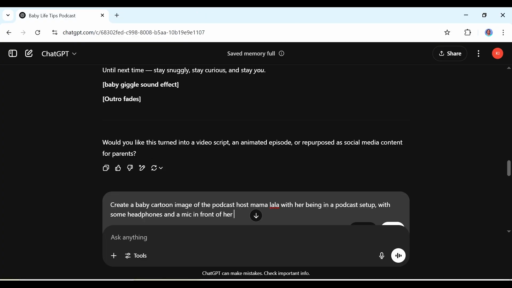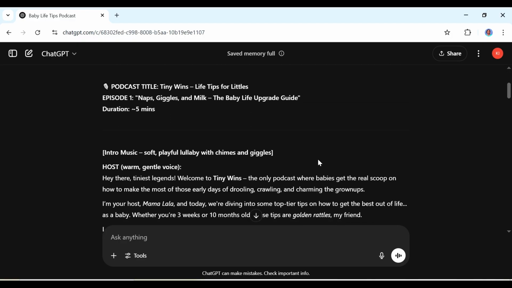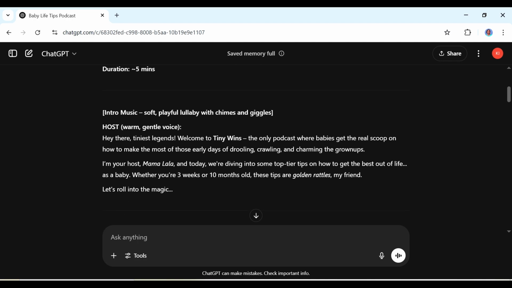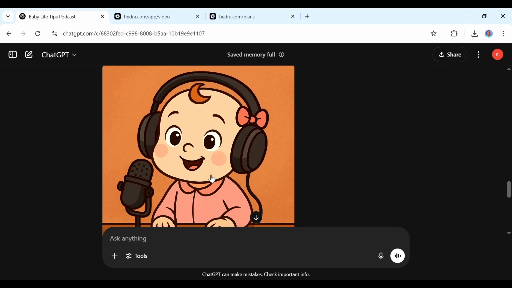So once it's done, we can go to our second step, which is creating the AI image of a baby avatar. So this is my prompt: create a baby cartoon image of the podcast host Mama Lala, with her being in a podcast setup with some headphones and a mic in front of her. Okay, so the host Mama Lala, I got that from what ChatGPT gave us. So you can see in the introduction here, it tells us that the host is Mama Lala. Yes, that is where I'm getting the host name from. So when I put in this prompt, this is what ChatGPT gave me. Okay, so you can see this is a cartoon character,